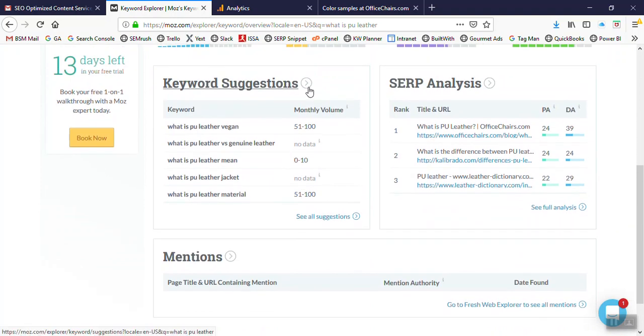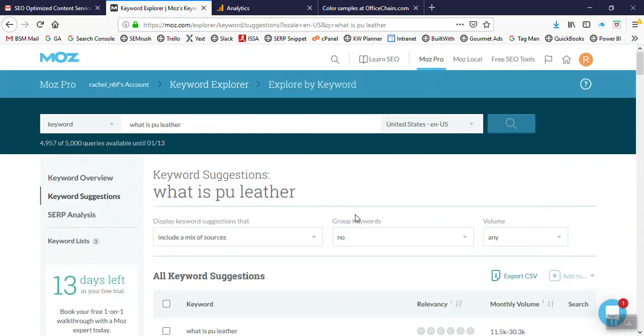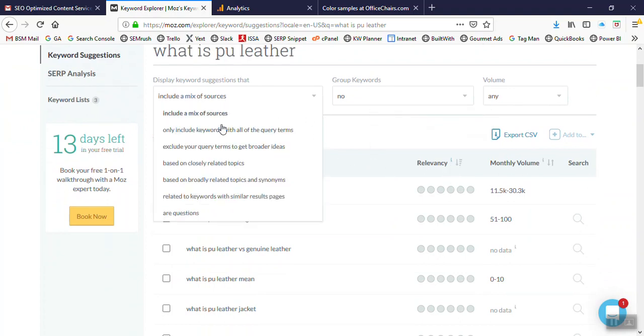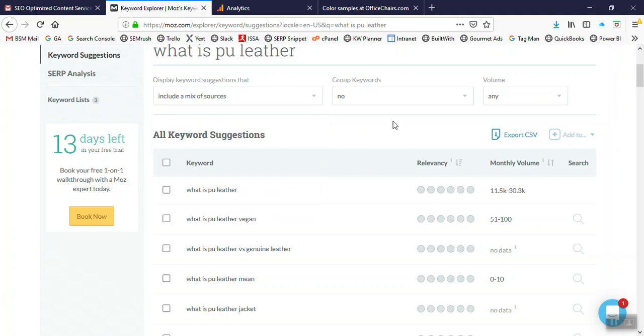When you explore more, you go to see all suggestions, and you can see like relevancy, and then you can display suggestions based on including a mix of sources or only specific words, or maybe you want broader ideas. So this might be a place to start, looking for broader ideas and then maybe narrowing down, or make your first initial blog post maybe a little broad,